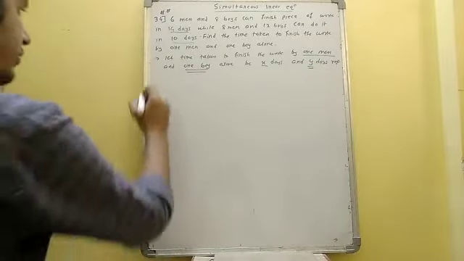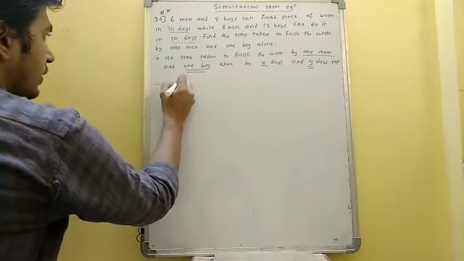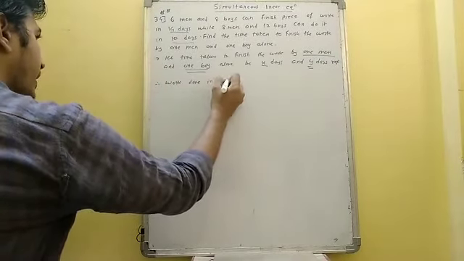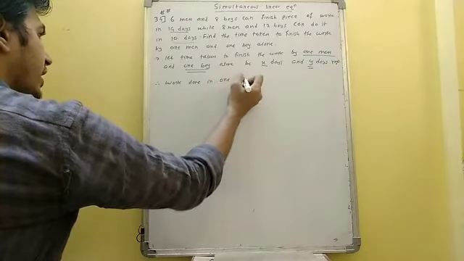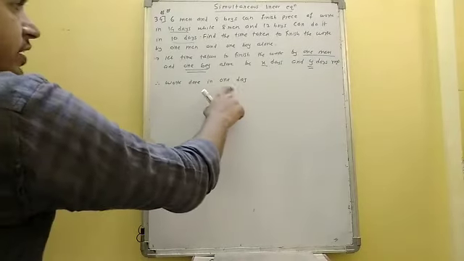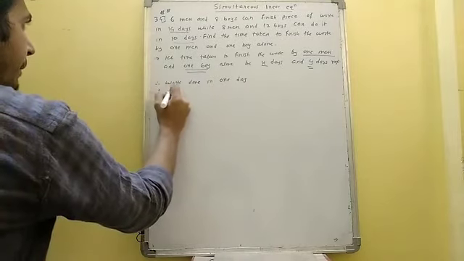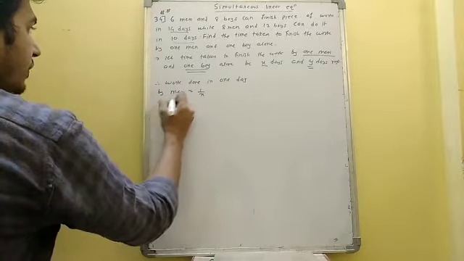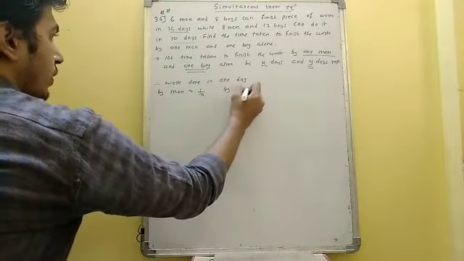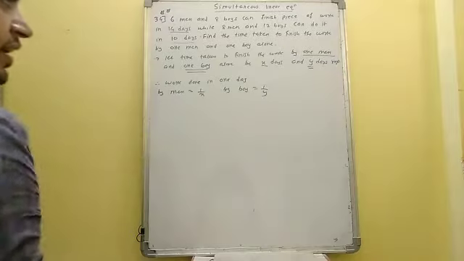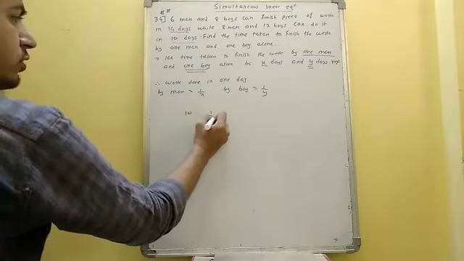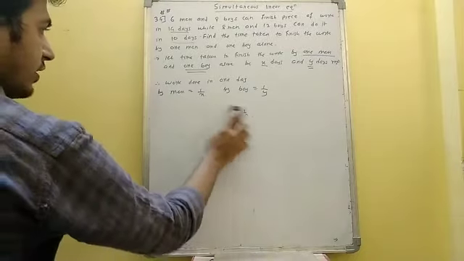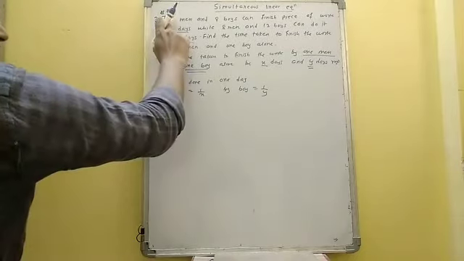Therefore, work done in one day. Okay, always, whenever you have to find the work done, you should find the work done in one day. So by man will be 1 upon x and by boy will be 1 upon y. One day work is, if it is taking 10 days, it will be 1 upon 10. 20 days, so it will be 1 upon 20. Okay, like that. So according to the question, 6 men.